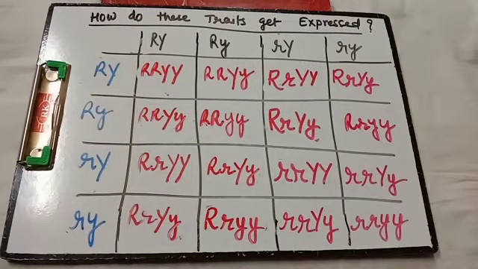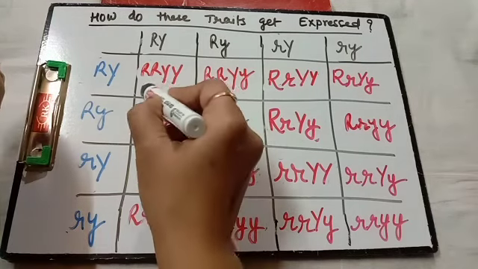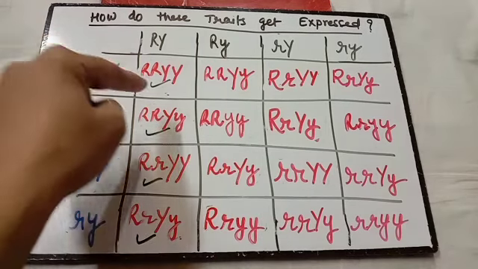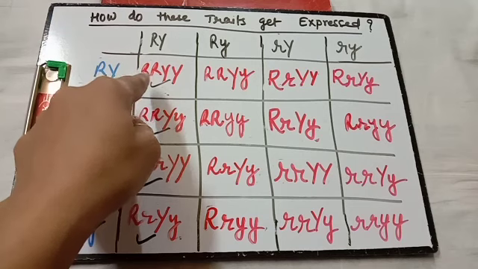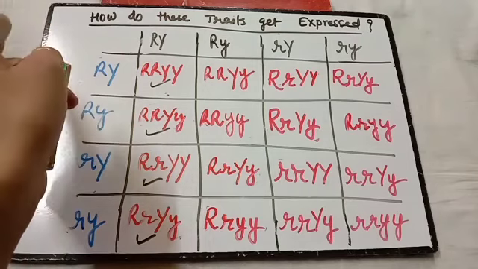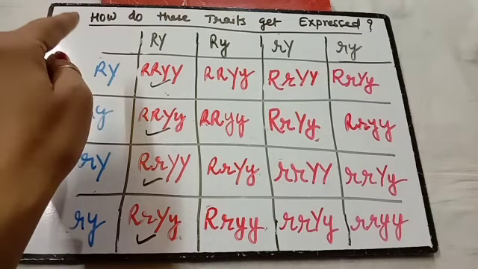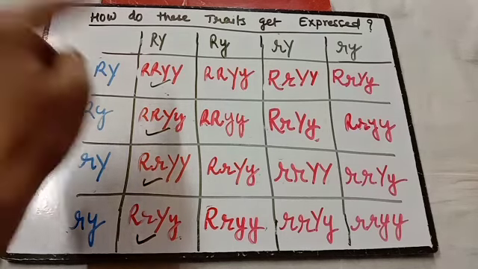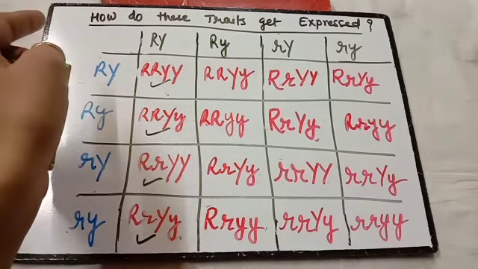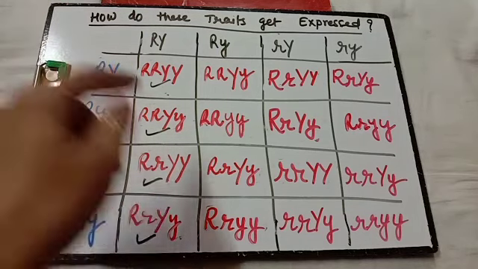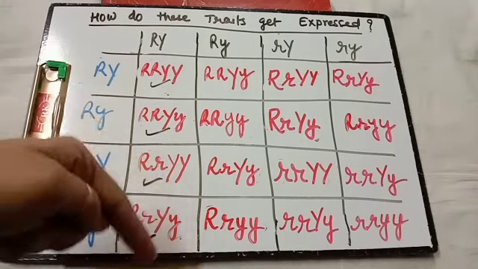If you remember, we found 3:1 in tall and short, similarly in this. So round and yellow: 1, 2, 3, 4. How am I finding round and yellow? Capital R should be there and capital Y should be there. I am not bothering about small y and small r right now. I am searching only capital R and capital Y. So search for that capital R. It is not necessary that there be two; even one of the two will work, like this one, so this is also round and yellow. Okay.